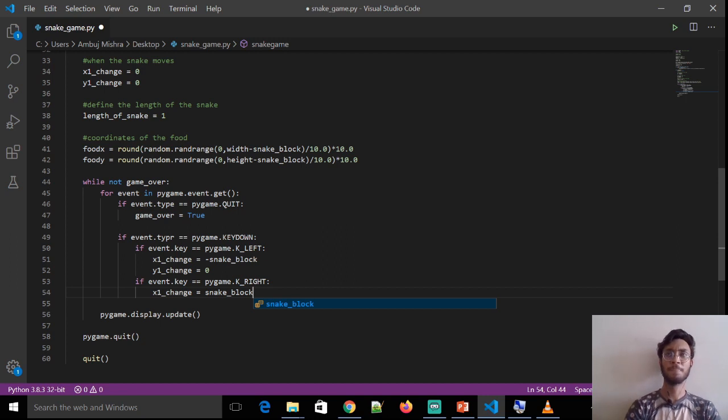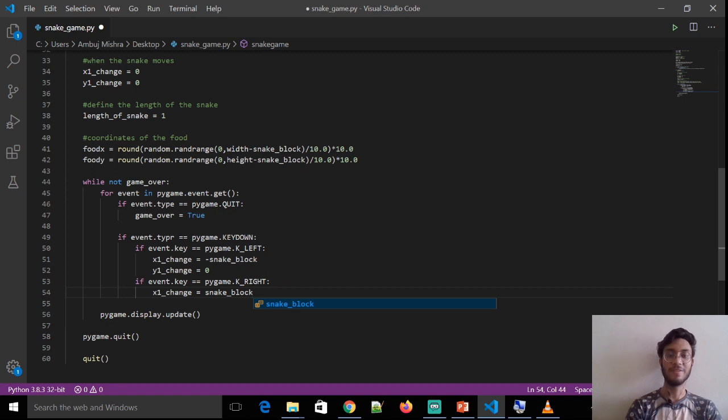It's like a graph in which we have x coordinate, y coordinate, minus x coordinate and minus y coordinate. Similarly, if we move to the right direction, then x1 coordinate will be positive, that is plus x, and y coordinate will be 0.